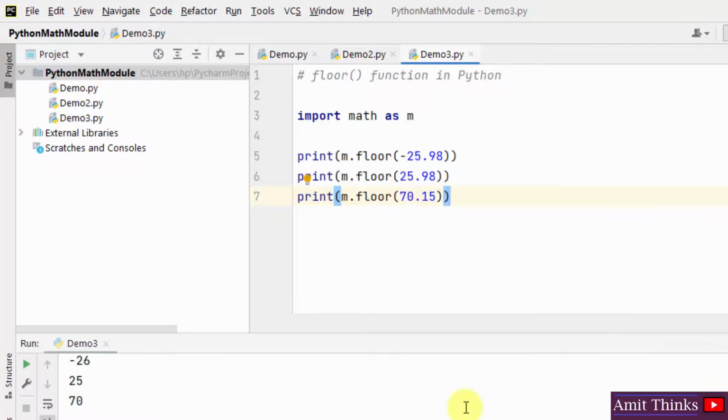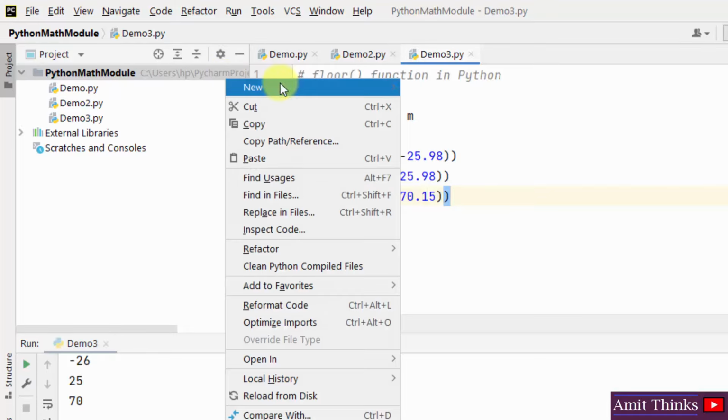Right click, run. 70. So it returned the largest integer less than or equal to the given number. That means for 70.15, the output is 70. In this way the floor function works. Let us move to the next function, that is